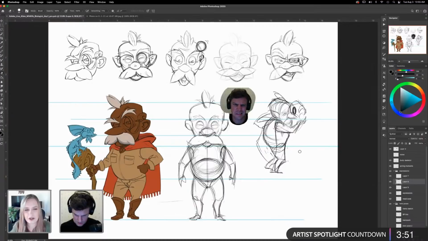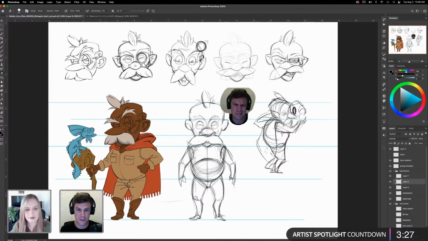Did you use a photo of yourself for all of these expressions, or are you just practiced enough to do it without a photo every single time? Yeah, I didn't use a photo for any of these. I have a general idea of expressions that I've done in the past.